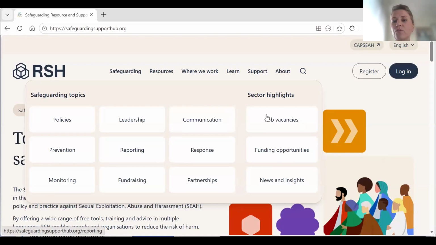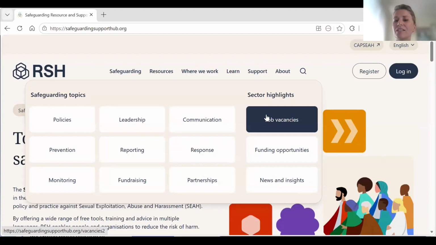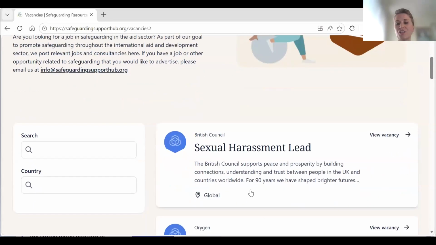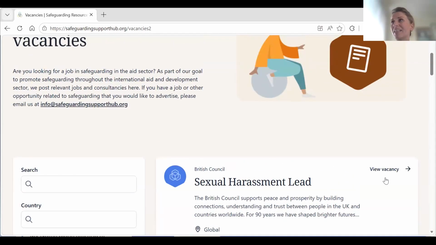I also wanted to say a few words about the job vacancies and funding opportunities pages. These are two little services that we offer to our users. The job vacancies page will take you to a selection of job opportunities around the globe that are, importantly, not RSH program opportunities, but external ones.